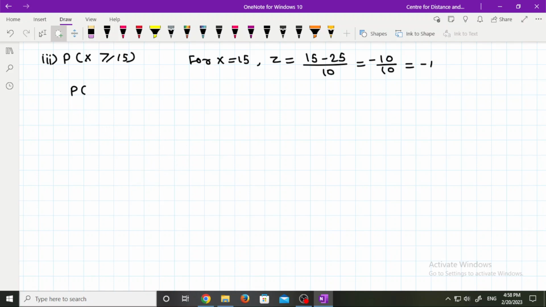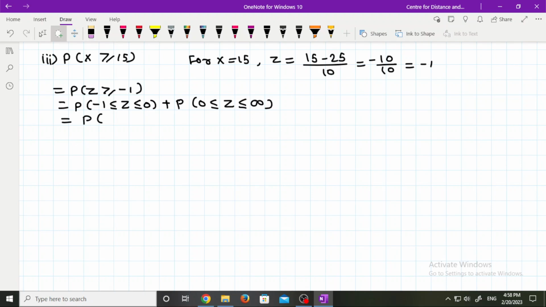Probability of x greater than or equal to 15 is equal to probability of z greater than or equal to minus 1, which is equal to probability of minus 1 less than or equal to z less than or equal to 0 plus probability of 0 less than or equal to z less than or equal to infinity, which is equal to probability of 0 less than or equal to z less than or equal to plus 1 plus